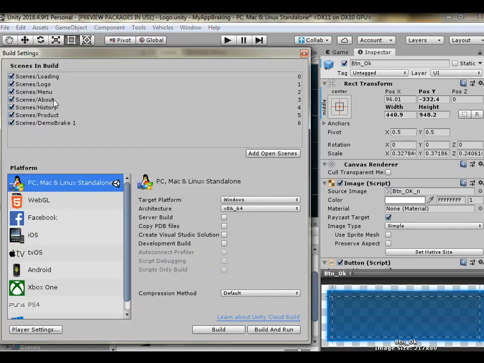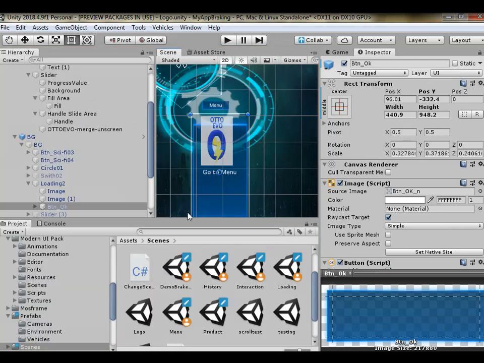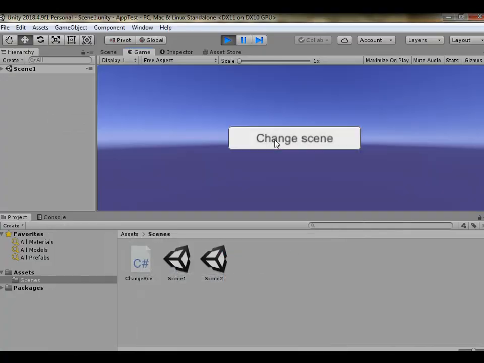All those scenes are in here to show that they have all been put into the build settings, so that they can work together. So this is how this was built to be able to run the app in